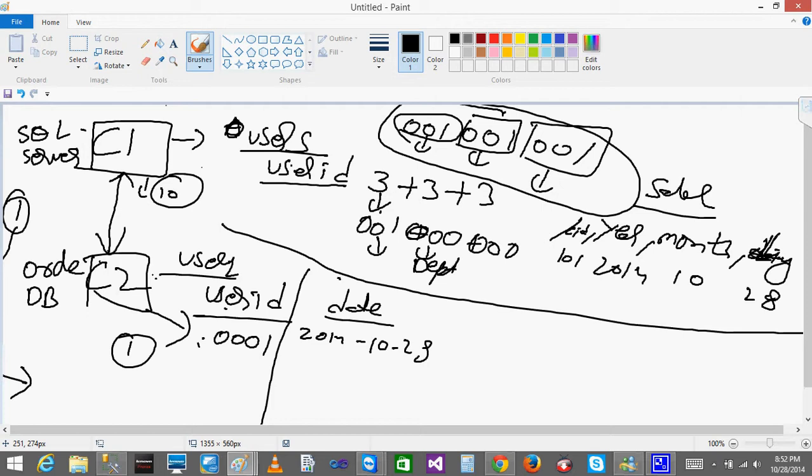If I want to see total sales from both company 1 and company 2, then what will happen? You need to send one request to company 1 and one more request to company 2. Then they will send you the data, and you need to manually compare both sets of data. That is one option that you have.